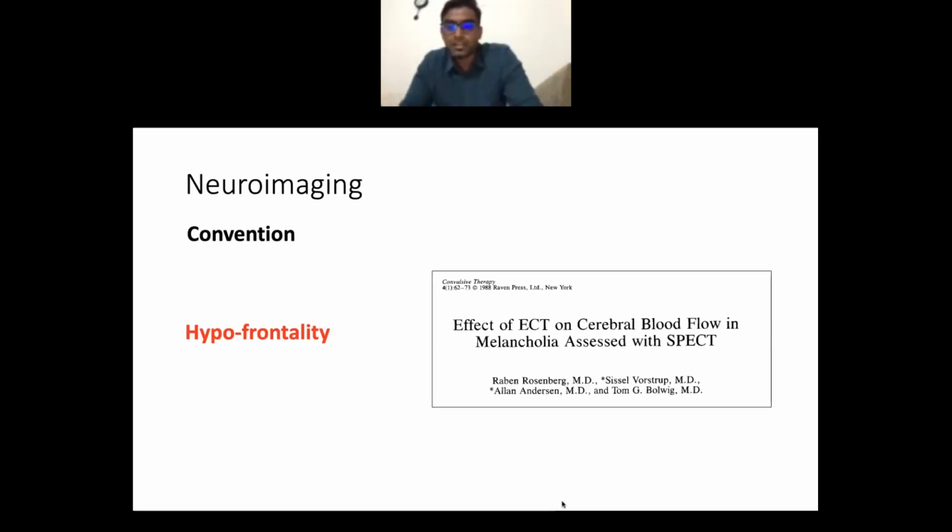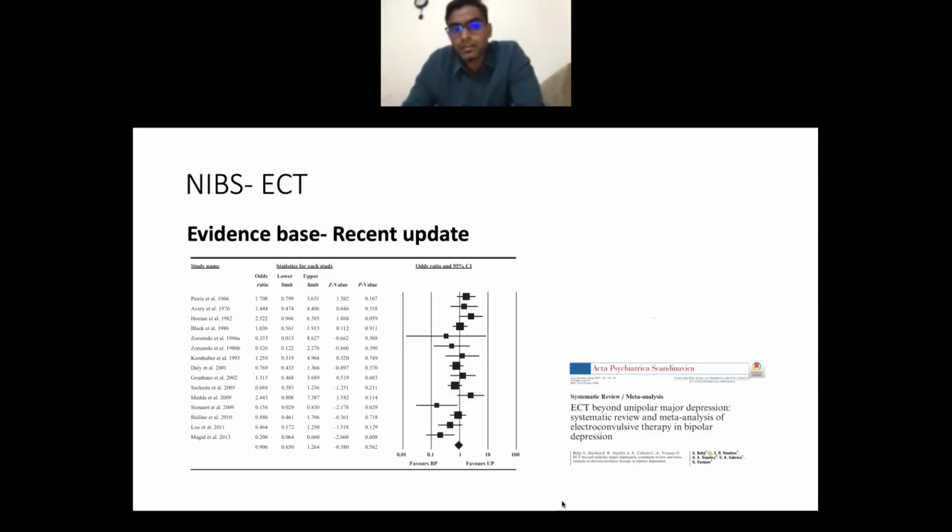the evidence base that ECT had in cases of treating depression. So hypofrontality, ECT reduces the hypofrontality or improves the hypofrontality, and that is how the very good treatment response that we see in cases of depression has been understood. So currently, what is the evidence base for ECT? This is a recent